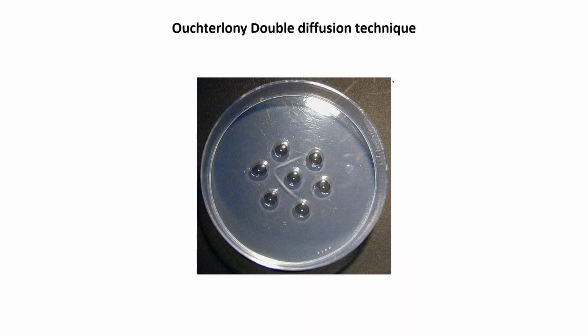So we mix agar in the water, boil it, and then pour it in the petri dish, and we make wells like this. We can use a cork borer to make a hole inside the solidified agar, and then in these wells carefully we can use a micropipette to add the